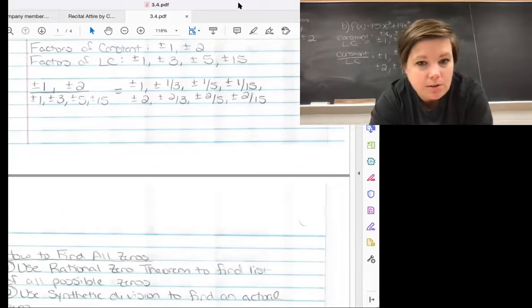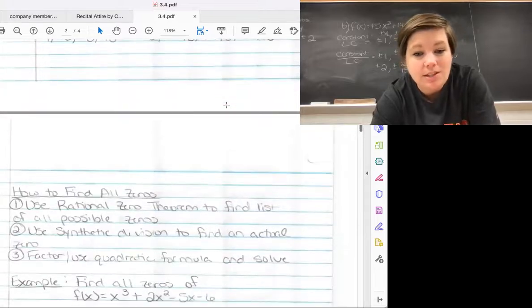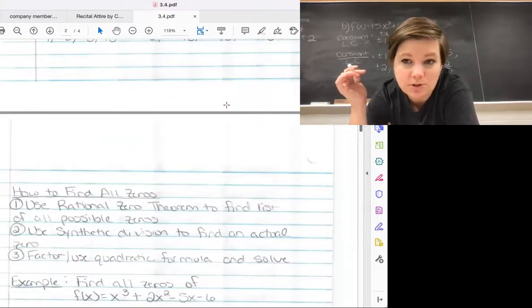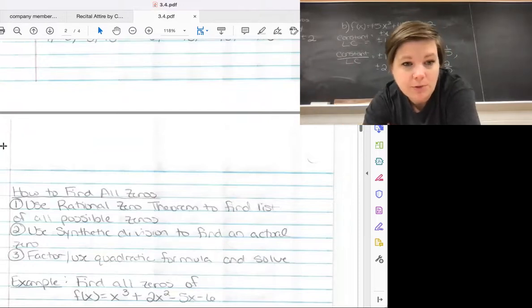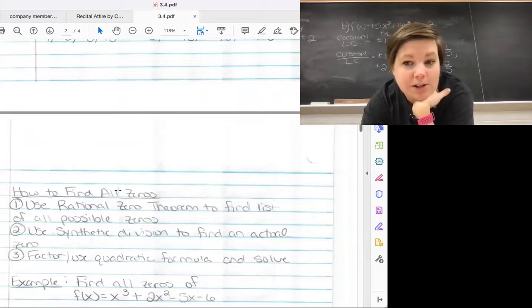So let's look at this. How do we find all the actual zeros? These were all the possible zeros. That doesn't mean all of those were actually solutions to those polynomials. Some of those aren't going to be solutions. Well, if you want to find all the real zeros, all the rational zeros, the ones that are actually solutions,